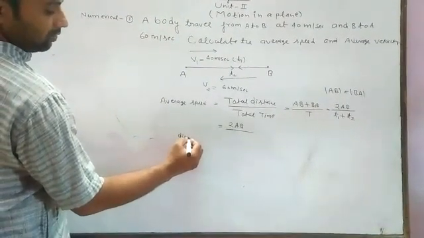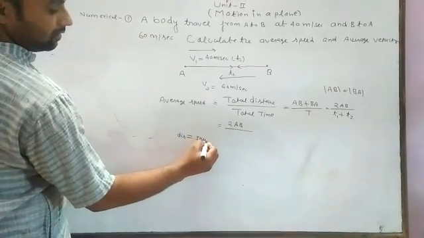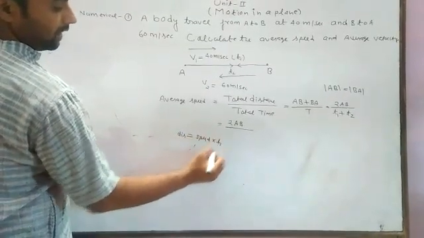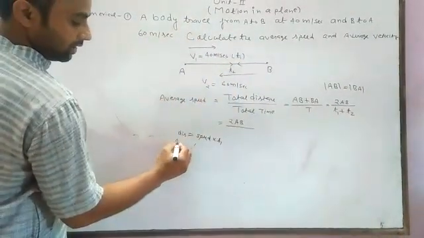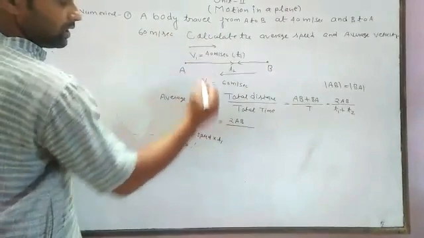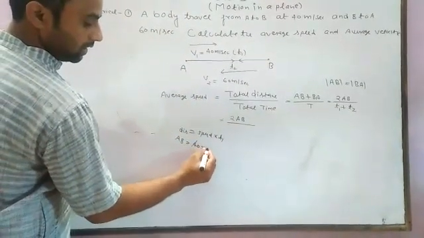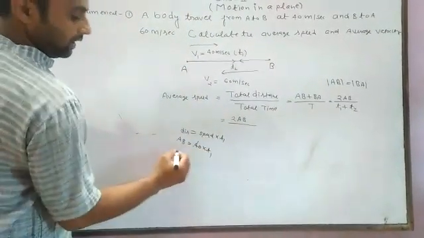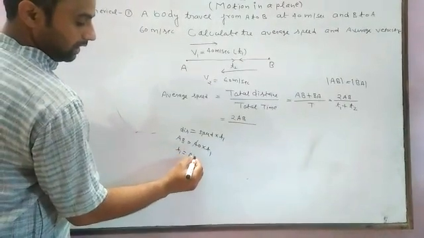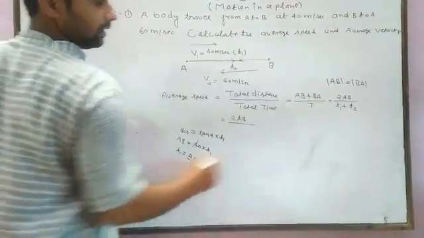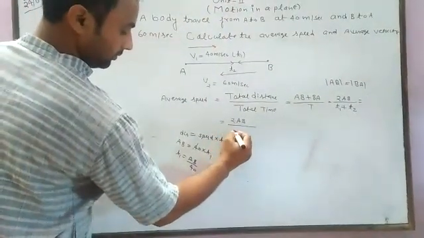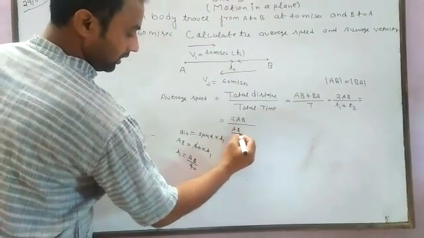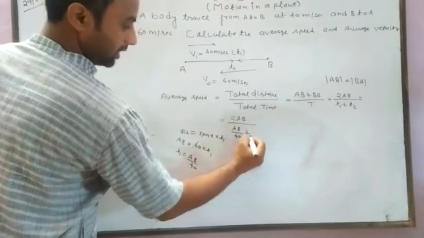We are applying from A to B. Distance AB is equal to speed 40 into time T1. So time T1 is equal to AB by 40. This is T1, AB divided by 40, plus